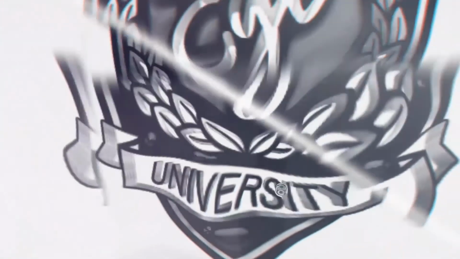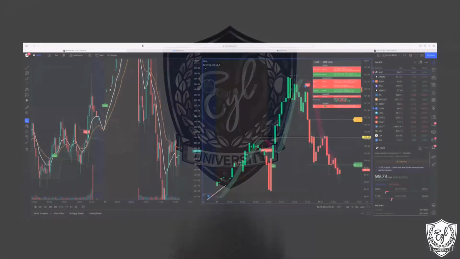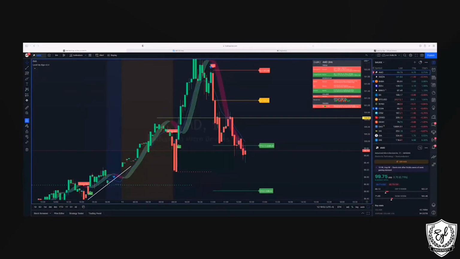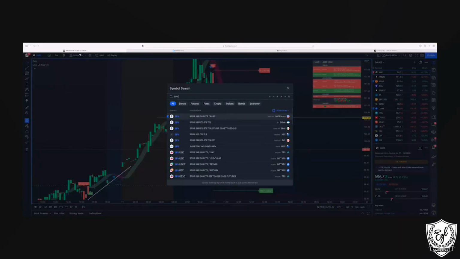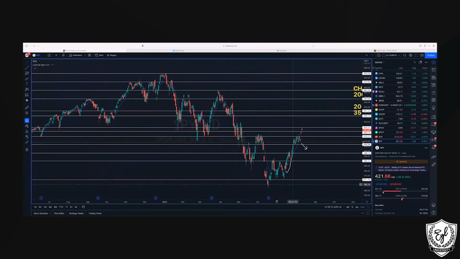We will get it going. So SPY, I'm going to start on the daily time frame, and then from there I'll go down to the hourly, right? So SPY on the daily, and again, I do have my levels here at the moment, but it's a SPY